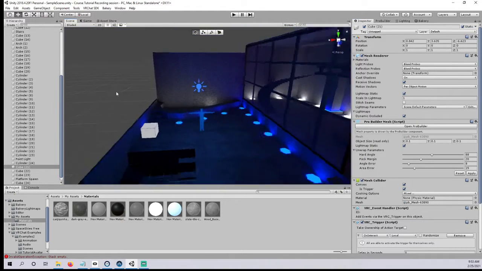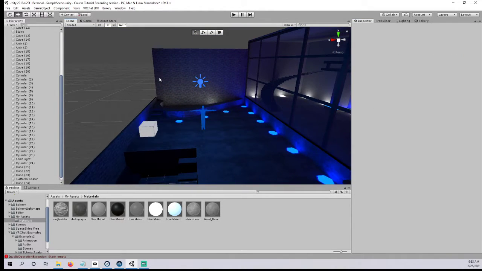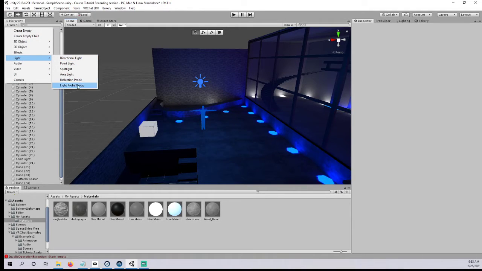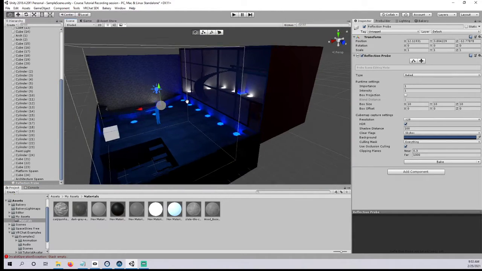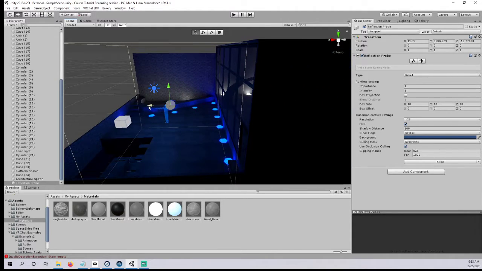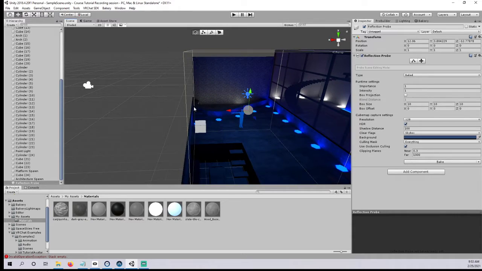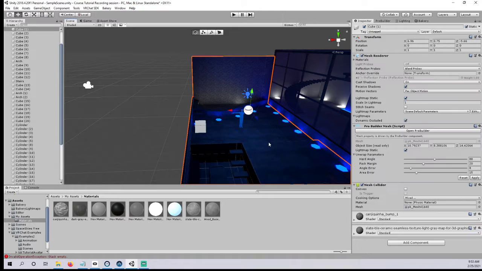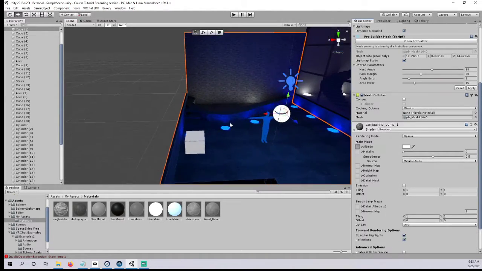All right, so now that the hard coding part of the process is over, we're going to click create up here, and we're going to go down to light. We're going to create something that doesn't actually add light to the scene. We're going to create a reflection probe. Now, a reflection probe is something that adds a nice little element to the smoothness and metallic elements of your materials. So in standard shaders with the materials on your architecture,